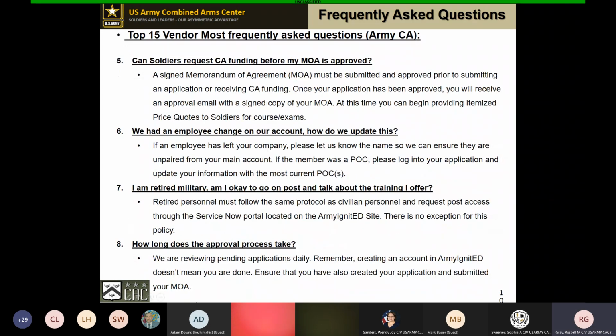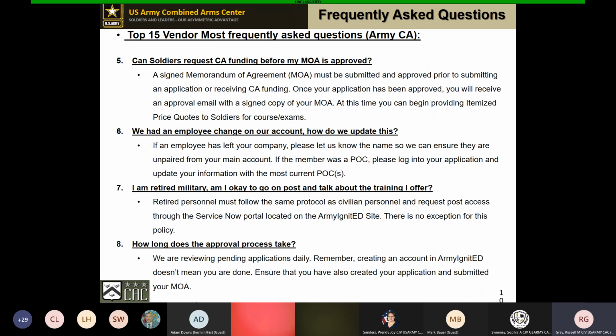All right. So, question 5. Can soldiers request CA funding before my MOA is approved? A signed memorandum of agreement, or MOA, must be submitted and approved prior to submitting your application in Army Ignited. So before a soldier ever even sees that your account is active, we have to make sure that one, you have an approved MOA on file, and two, that your application has been approved.